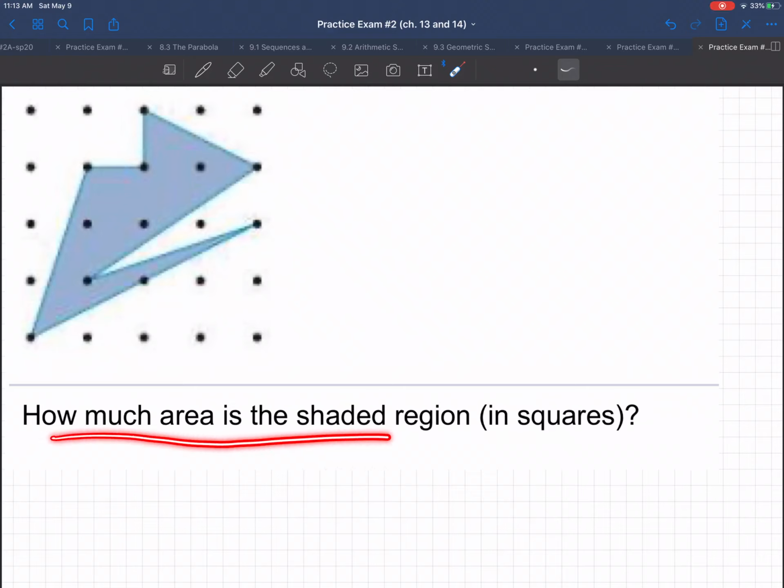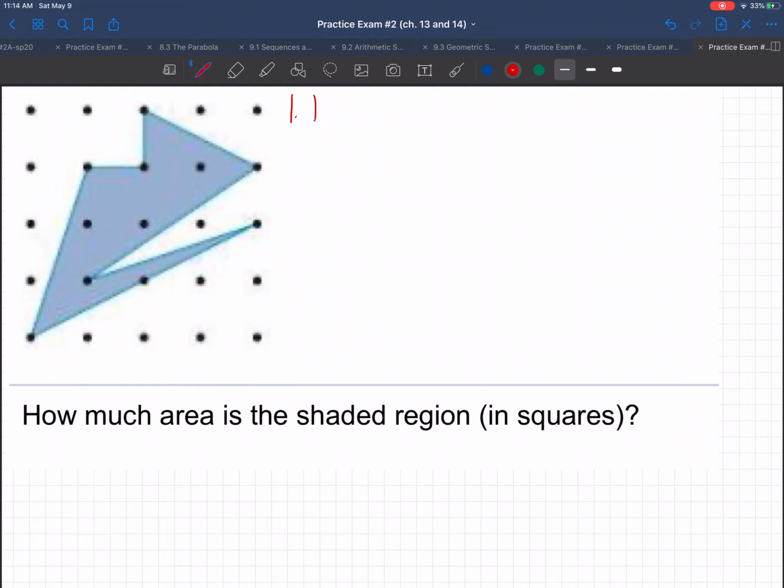How much area is the shaded region in squares? Okay, so we're trying to figure out exactly how many squares are in the shaded region. This is a difficult shape. It's hard to figure out. So what I'm going to do is, instead of trying to find the shaded region, I'm going to do